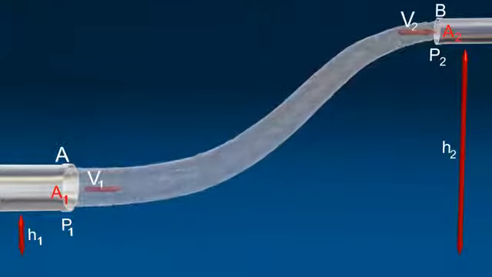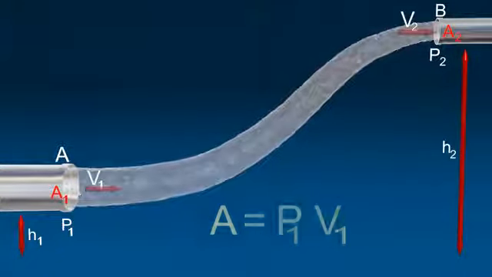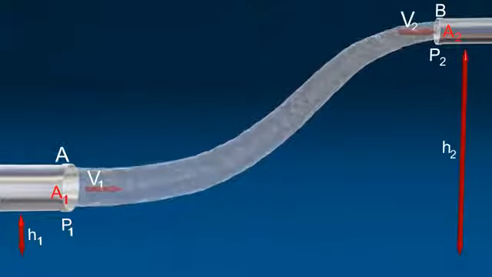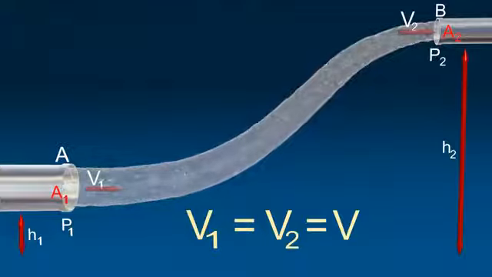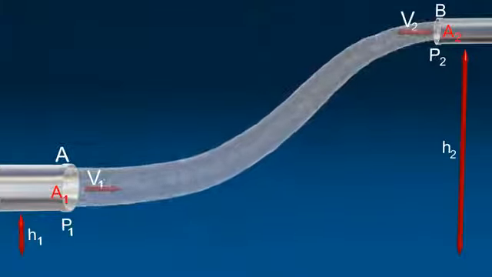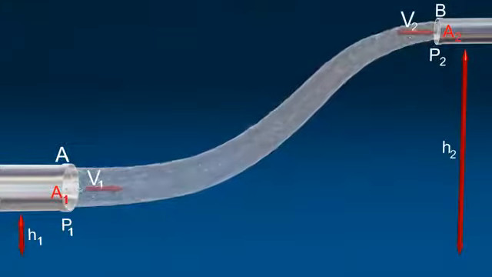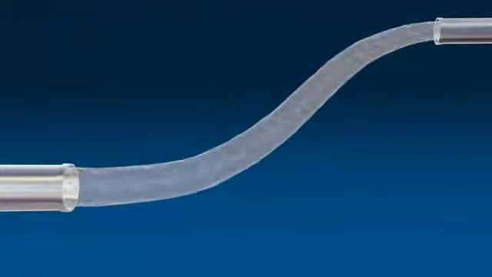Now, the work done per second on the liquid at section A and at section B. V1 equals V2 equals V, from the equation of continuity. Net work done equals P1V minus P2V. The net work done per second equals the increase in potential energy and kinetic energy per second from A to B. According to the law of conservation of energy,